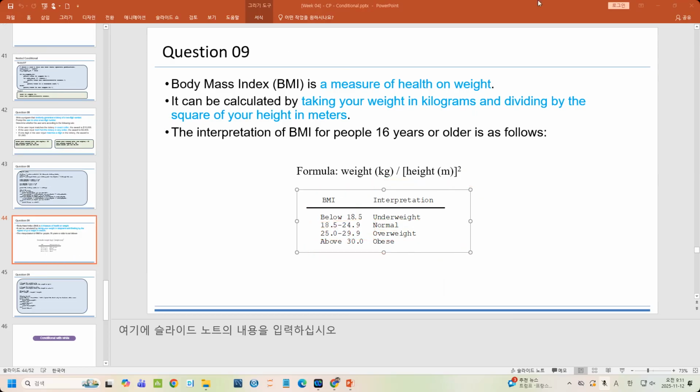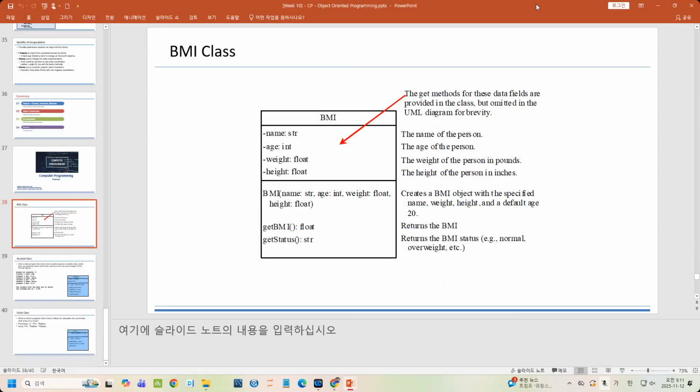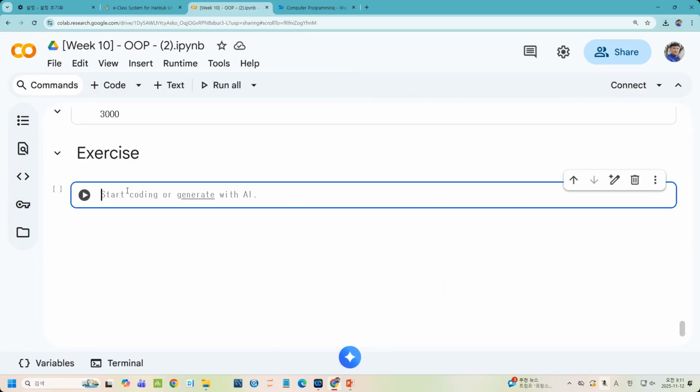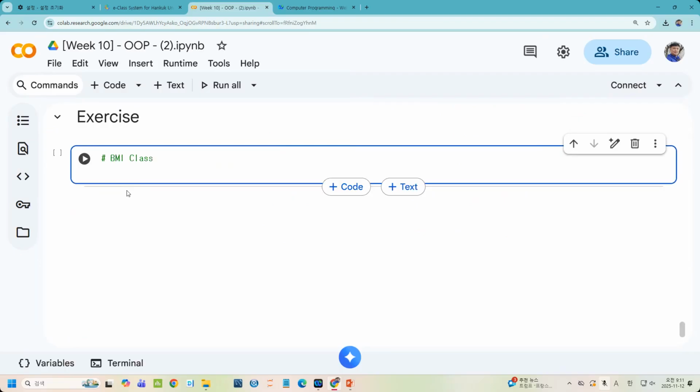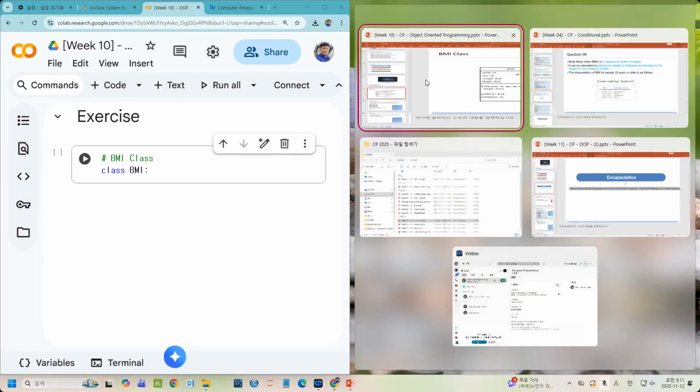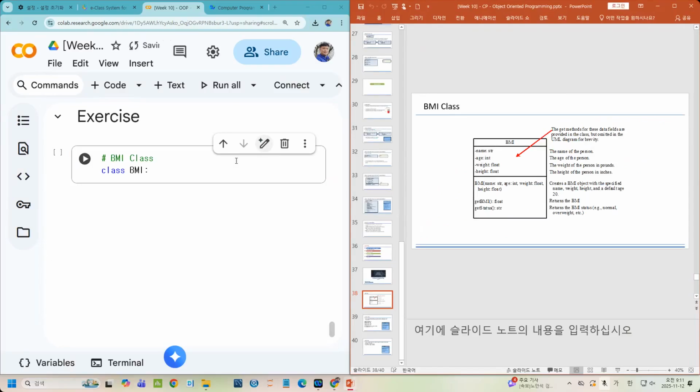Now let's do it one by one. For your practice, you can try it with your Google Colab. So you can also have an idea whether there are any errors or anything that you need to fix. Now let me create the first one, the PMI class. So I can make the class PMI. I have the class PMI, and then